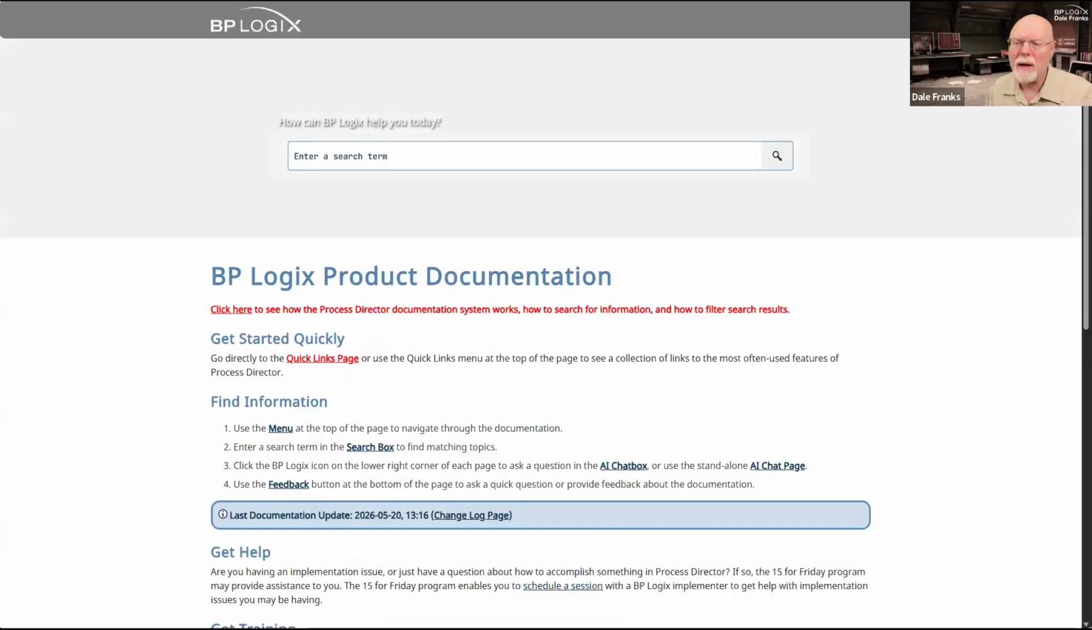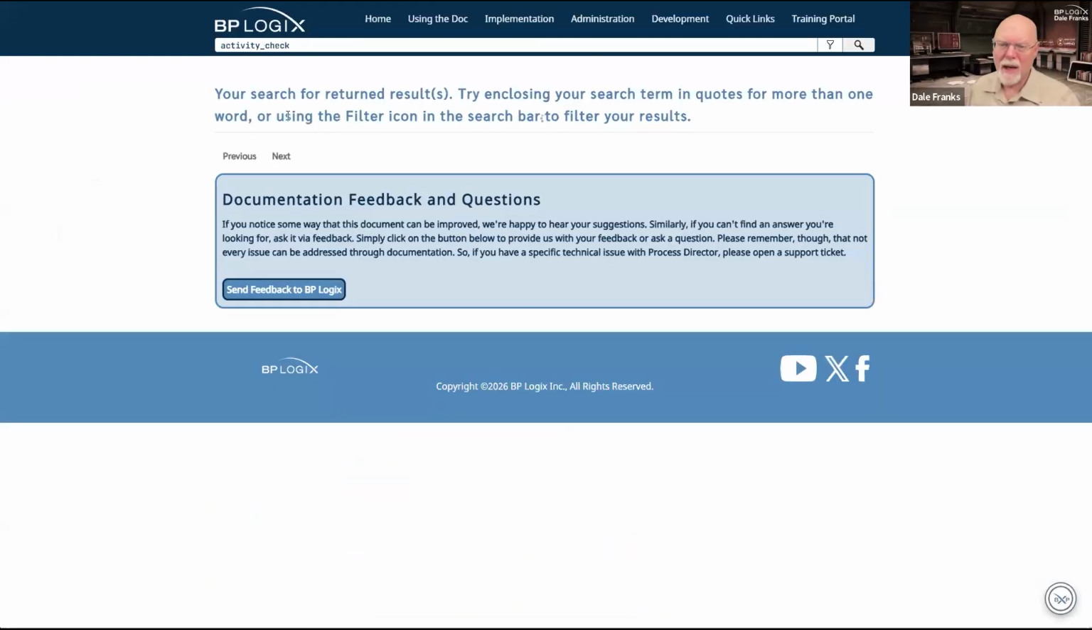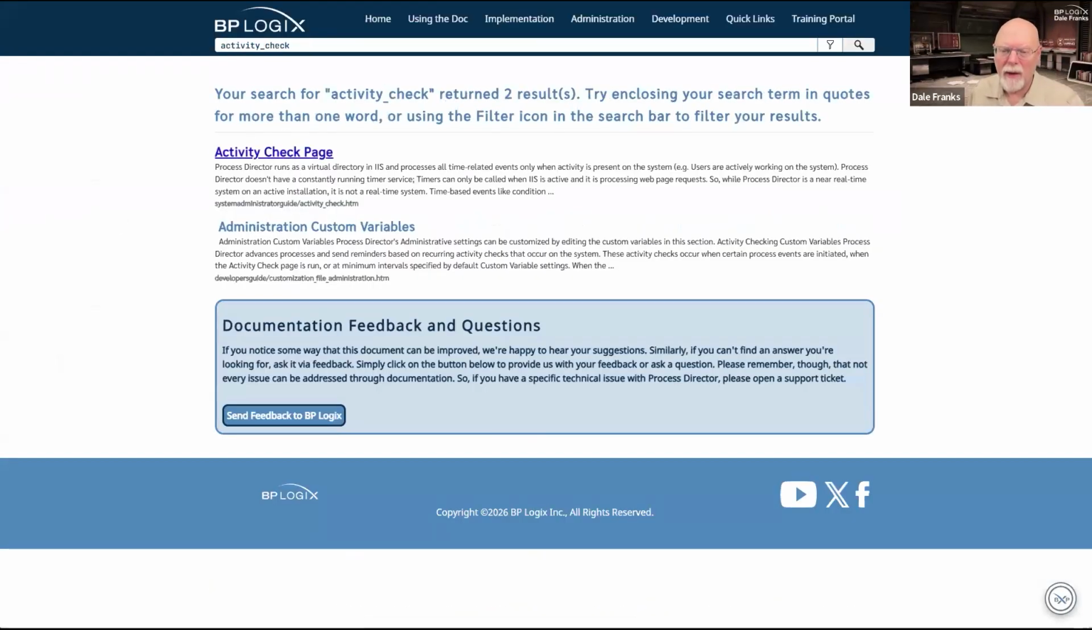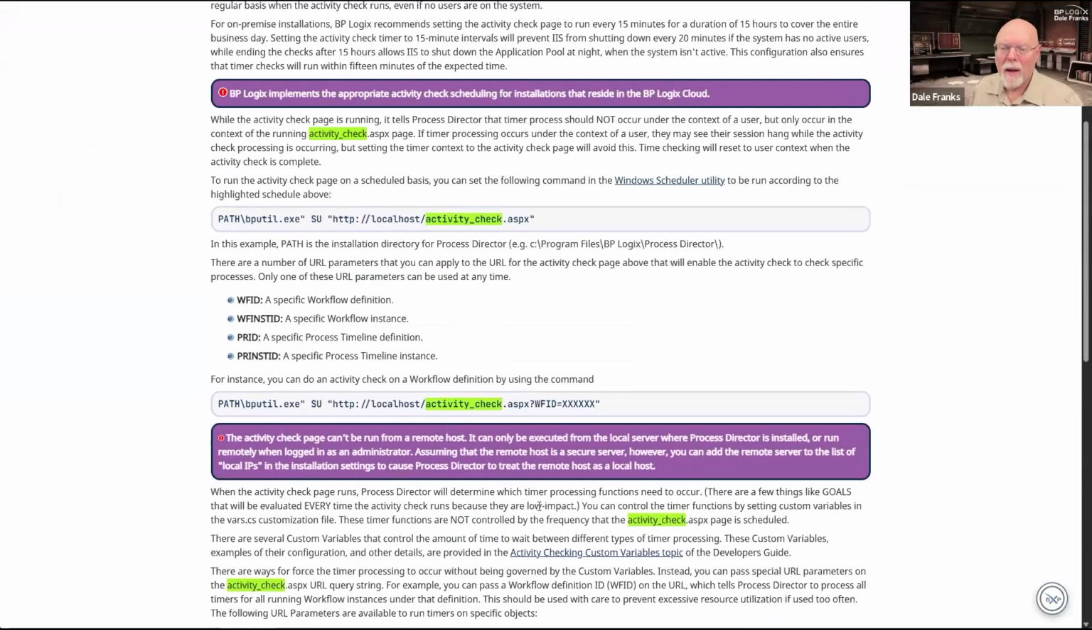take a look at doc. And let me just type in activity underscore check because that gives us the URL that we need to run the activity check page. There we go. I can run activity check. I could just throw this into my browser. Obviously, localhost is going to be different. Like this is training.bplogix.net. So